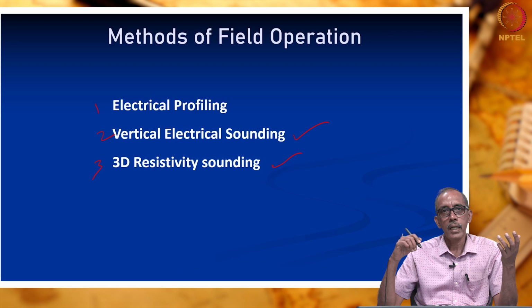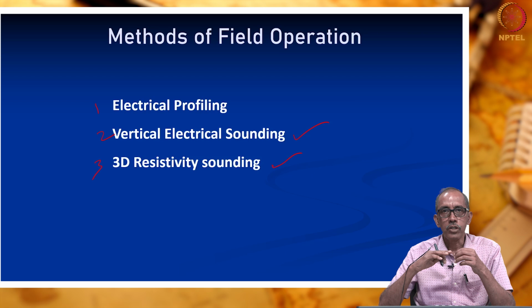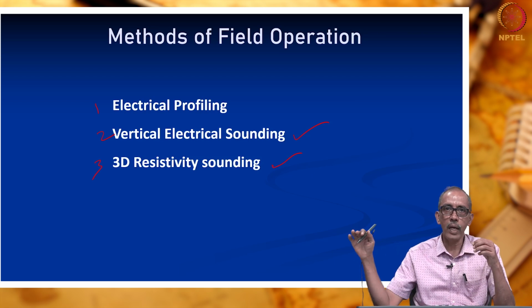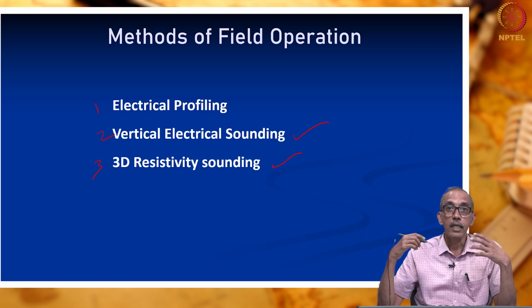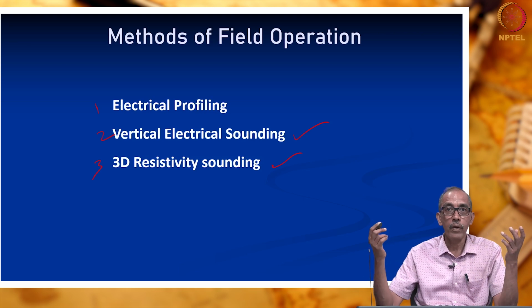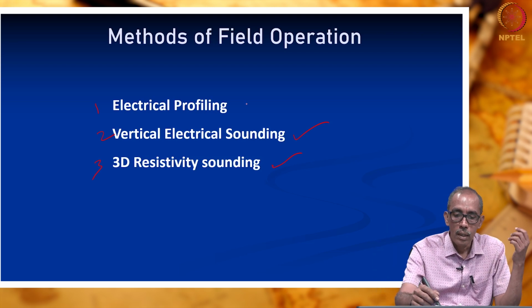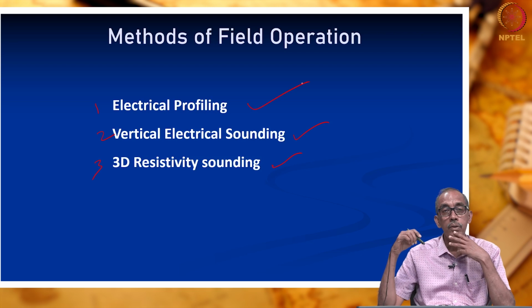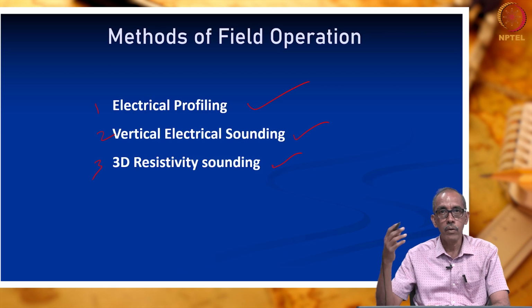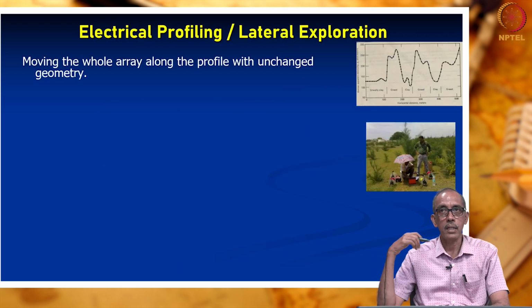Or you may be a geotechnical engineer interested in knowing how the subsurface geology changes along a profile. You may be interested in estimating the cost for an elevated roadway or elevated railway line. You are going to drill, you are going to erect piles every 50 meters or every 75 meters along a straight line. In that case, you need to carry out electrical profiling. I had given you an overview of all these three methods. Anyhow, let us see in detail in the following slides.